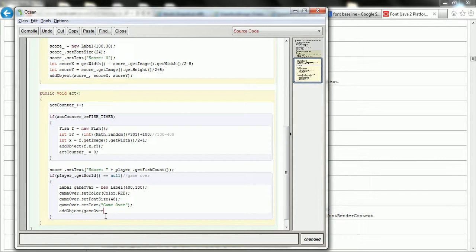And I'll place it right in about the center of the screen. So I'll say get width of the world divided by 2, and get the height of the world divided by 2. So that is dead center in the screen, but this label is going to occupy more than is needed to draw that text, which is why it's not going to exactly appear in the middle when we do it. But again, that requires a few more tricks that aren't necessary right now. So I'll compile this, and now when I run it,